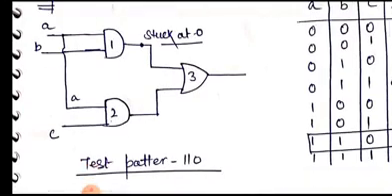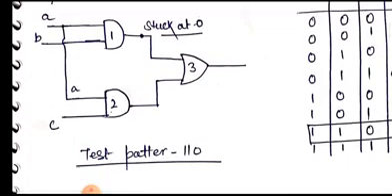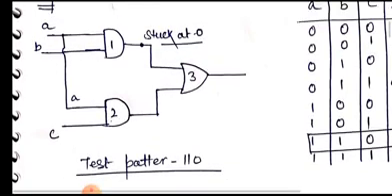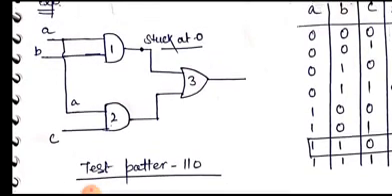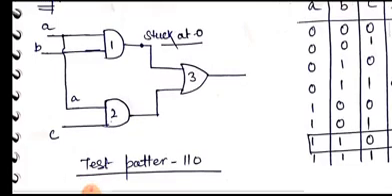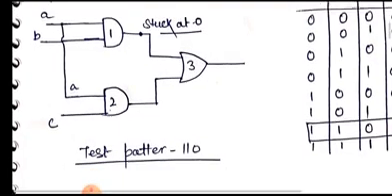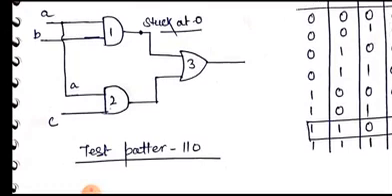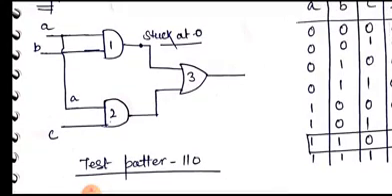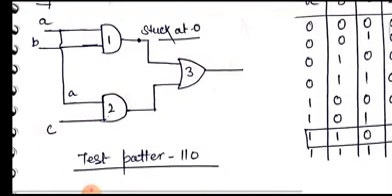In this circuit we are using three gates: two AND gates and one OR gate. The output of gate number one has a dotted line indicating that this fault is stuck at zero, meaning SA zero. Initially we treat these as three inputs, but basically we are using four inputs, A, B and C, where A is used twice.